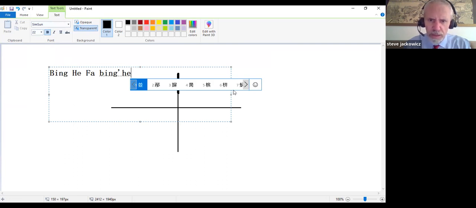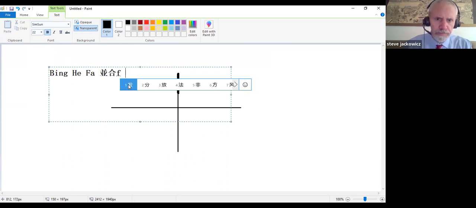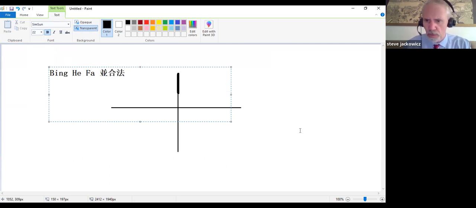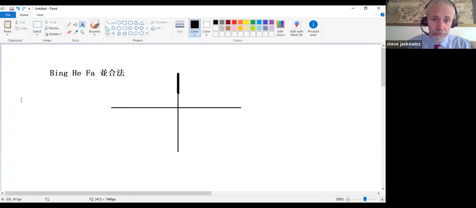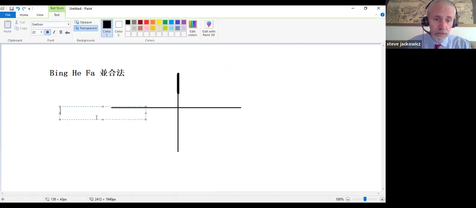I'll annotate the Chinese later. Oh, there it is. Bing He Fa. There, that's the characters for it. All right, so Bing He Fa, right? This is the thing. And then the first thing is step 1, insert,